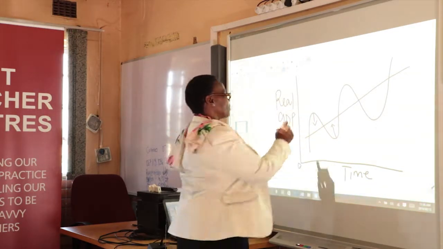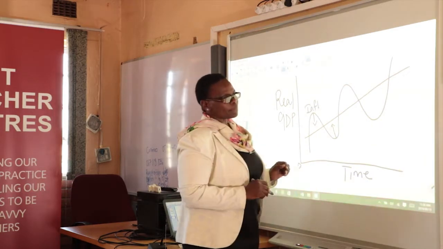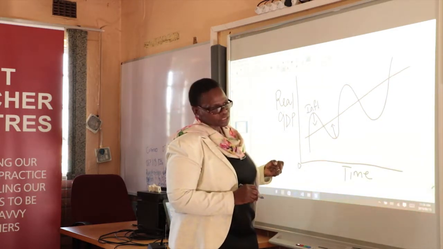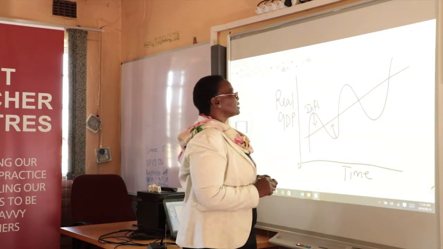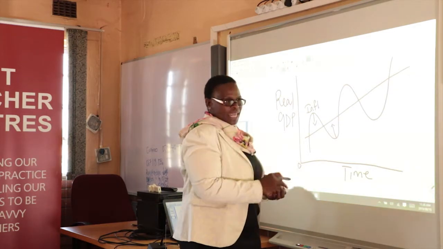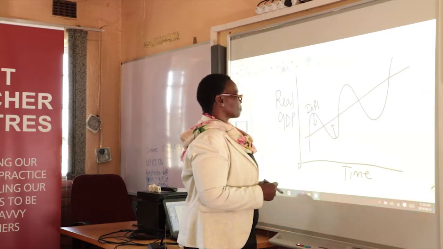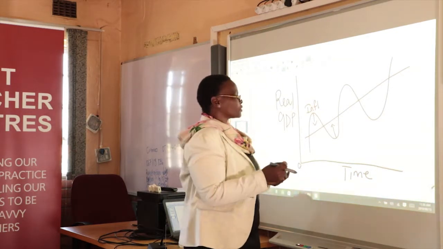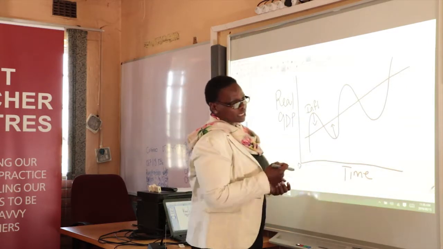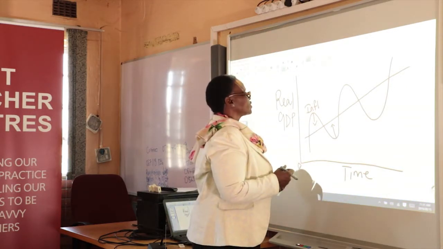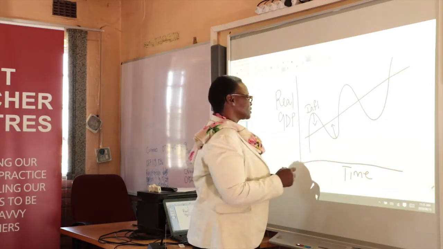If the economy experienced inflation, the authorities would apply contractionary measures where they would try and depress the demand so that people would buy less, because when we have inflation, it's when we have too much money chasing too few goods. So we would apply the contractionary policy measures to fight inflation. We reduce the money in circulation. And